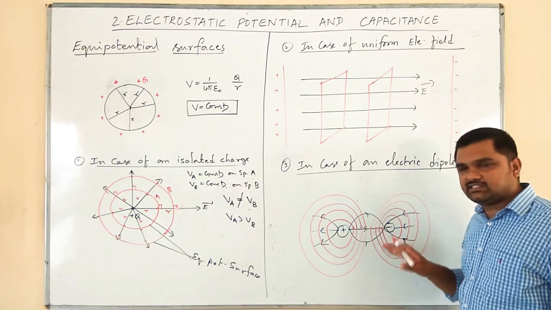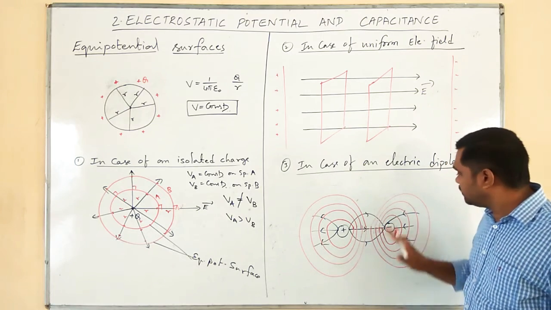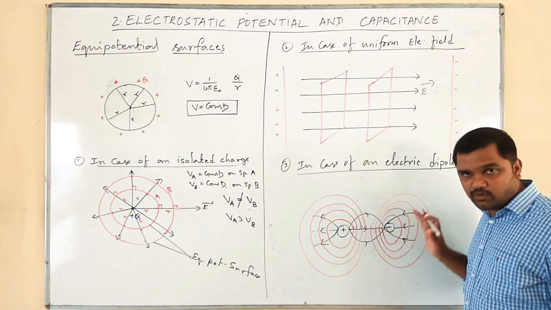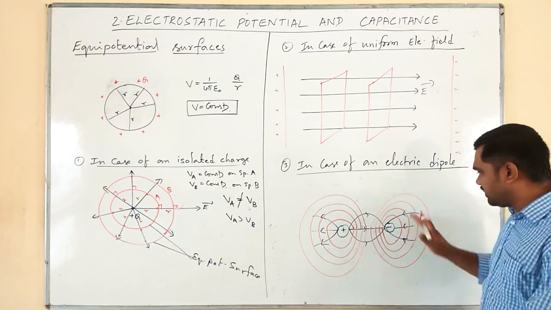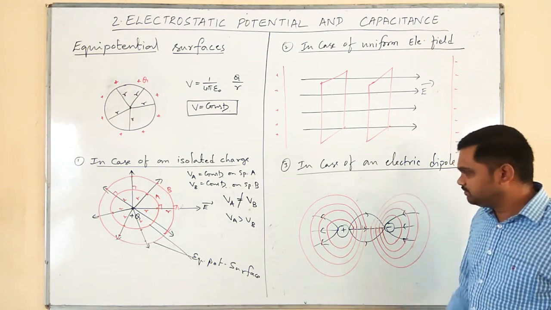Between these two charges, the strength of the electric field is maximum, hence they are very close. As we go away from the charges, the strength of the electric field goes on decreasing, therefore they are going to separate. They are well separated, or farther apart, like that we will say. Okay.